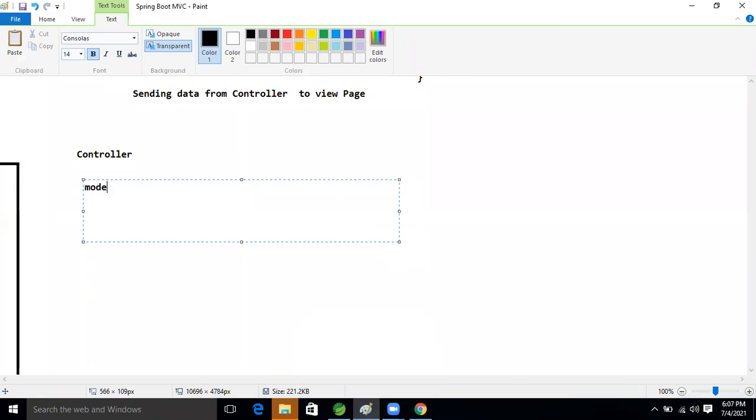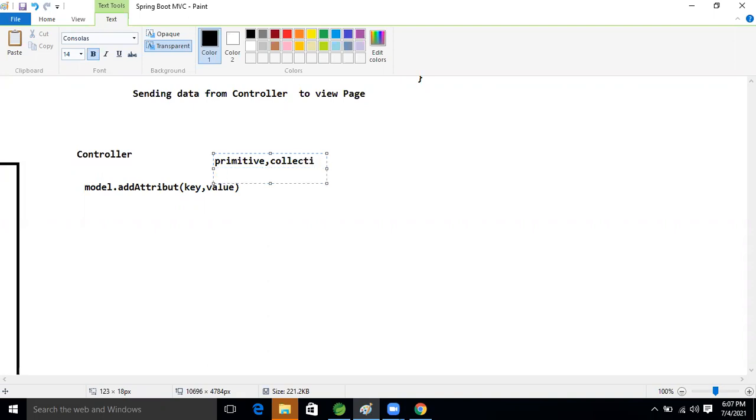So what is that model? Inside that model memory, one method is there. What method? addAttribute. Its arguments are a key and a value, right? Okay, good. So the value can be an object or collection. The value can be a primitive data type, or a collection, or an object.